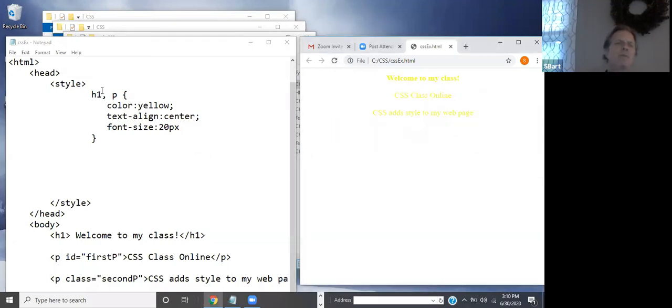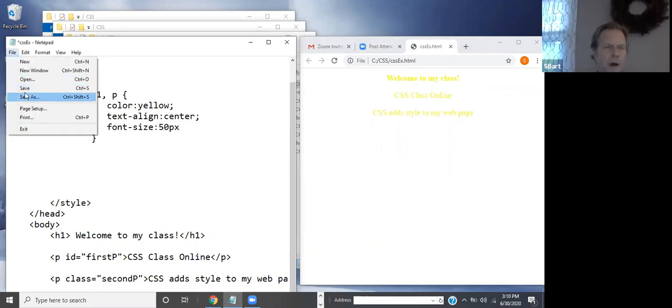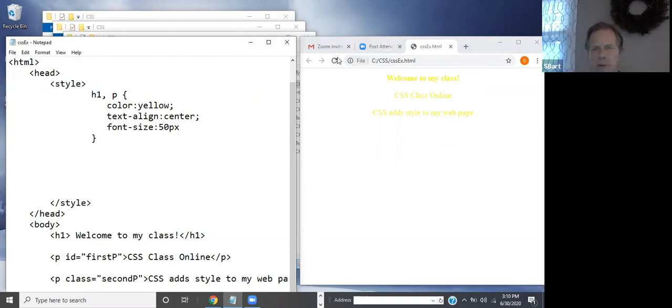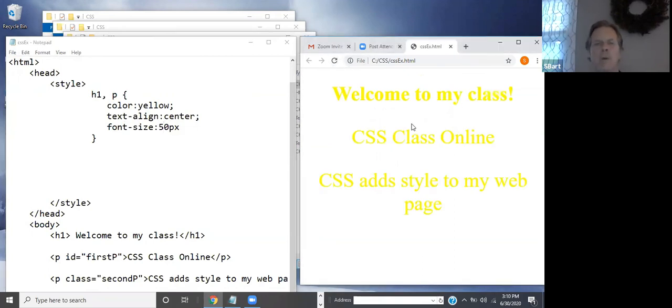So now I have, in my program, one H1 tag and two P tags, and they all were selected. And they all have the color of yellow, text align center, and font size of 20. 20 doesn't look so big, so why don't we make it 50? I'll just do a file save real quick, and I'll refresh my page, and boom, now it's a little bit brighter. And the H1 tag,